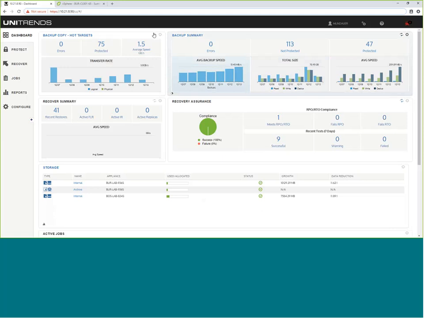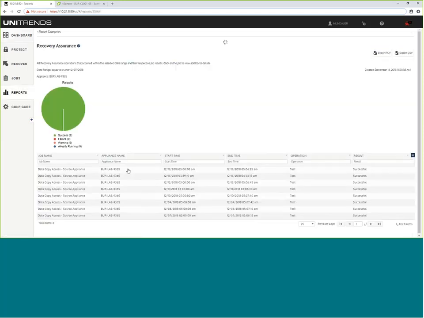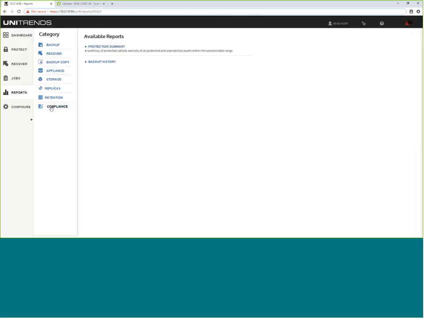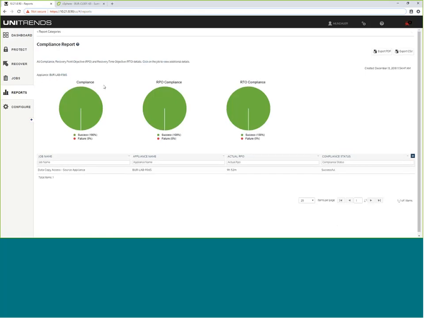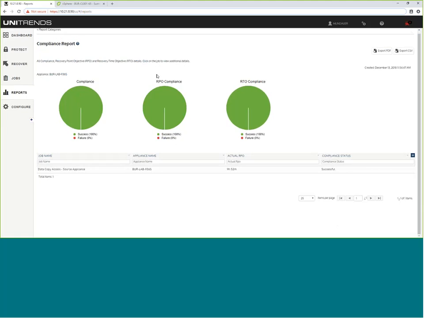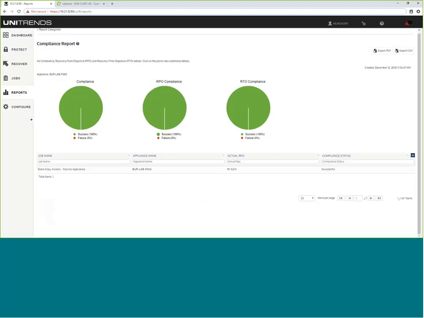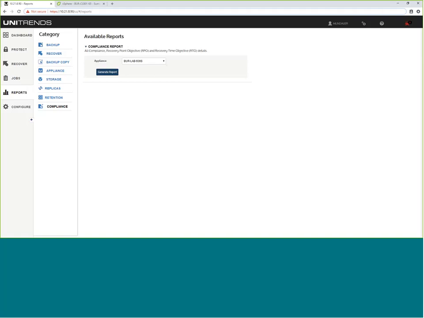In terms of audit and compliance reports, the recovery assurance report is used by a lot of our users for auditing. If I go back to all the report categories, we do have a general compliance report that will highlight all of the tests that have run within that time span and give you not only whether you met your RPO and RTO, but what the actual recovery time and recovery point objectives were. And these can all be included in automated reports through email as well as through the dashboard. So you can customize the dates here.